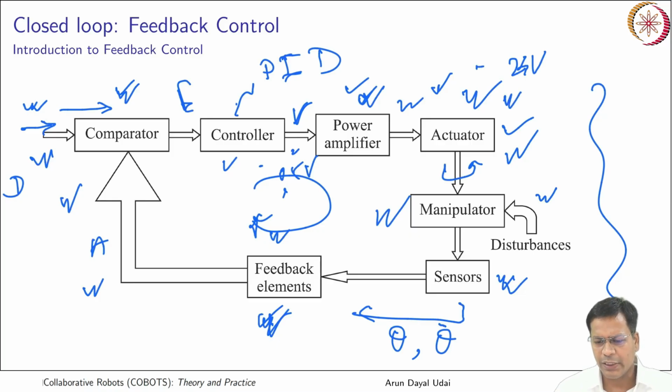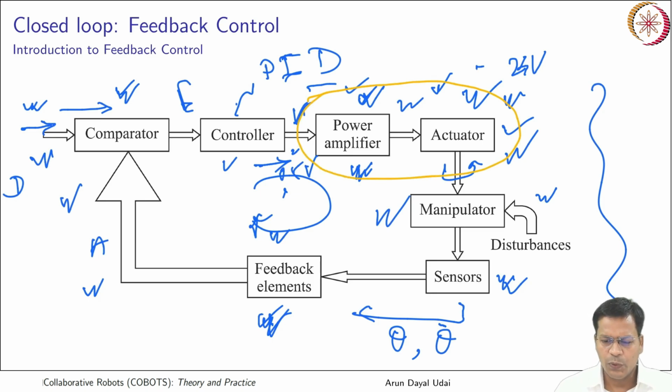While I was discussing actuators, you saw a few kinds of drivers. Those were nothing but the power amplifiers, which took input from my controller. So that was the signal that goes to the power amplifier. At least these two portions were covered already in your actuator module, which was module 2. And sensors, a lot of sensors you have seen. These are nothing but joint angle sensors. It can be an optical sensor, a Hall effect sensor, a magnetic one, or it can be a potentiometer. So any kind of sensor can go here. This and this are already covered.